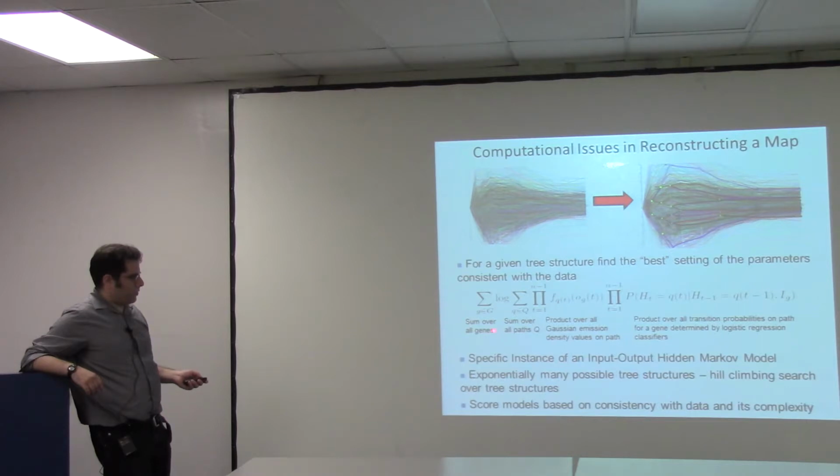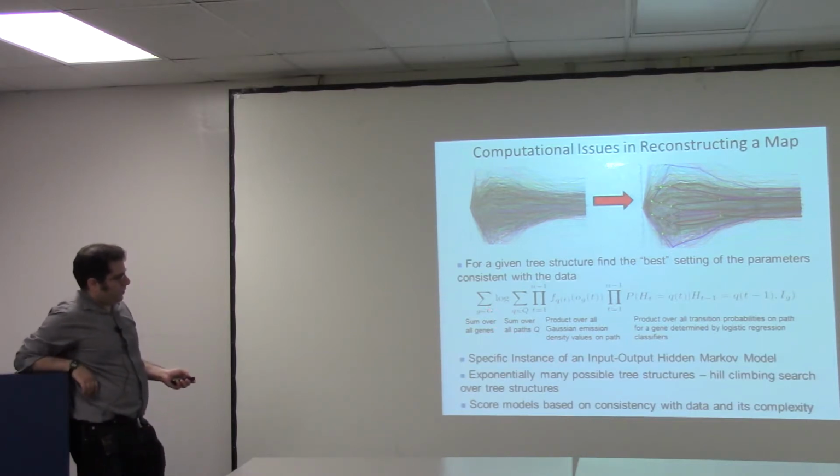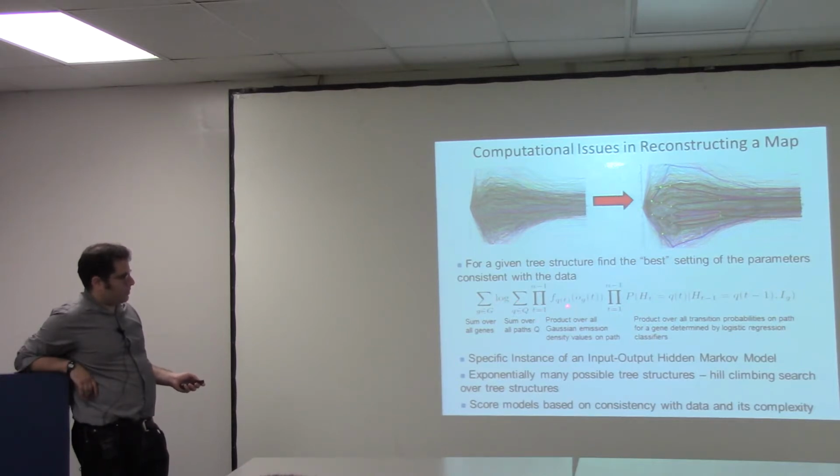We can write a likelihood function, and what we end up doing is summing over all genes, and then considering all possible paths through the model. The probability for a given gene and a given path is the product over all the Gaussian emission densities associated with that gene. So these are the emission probabilities of an HMM, and then the transition probabilities,